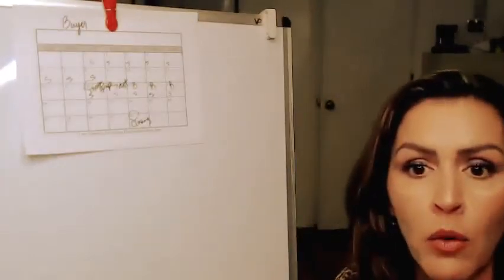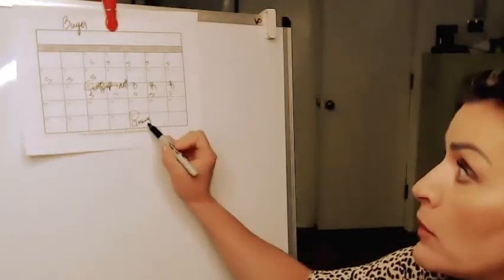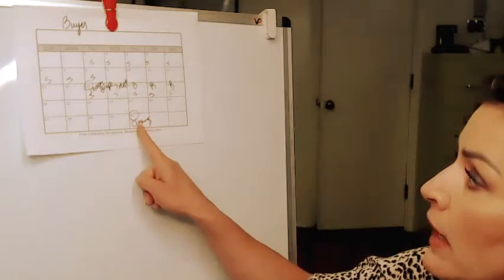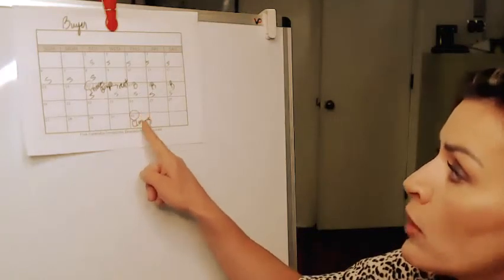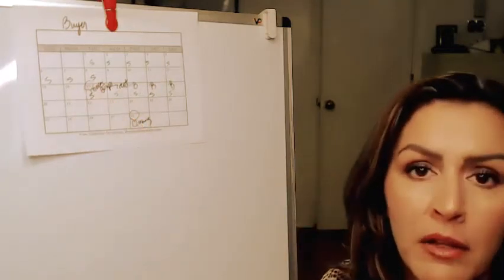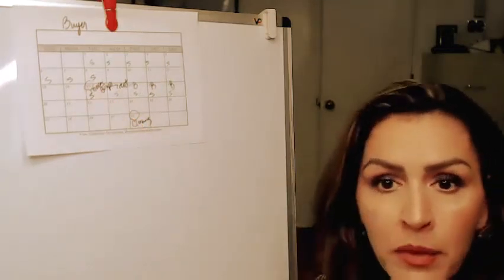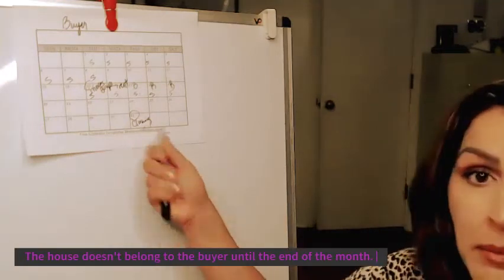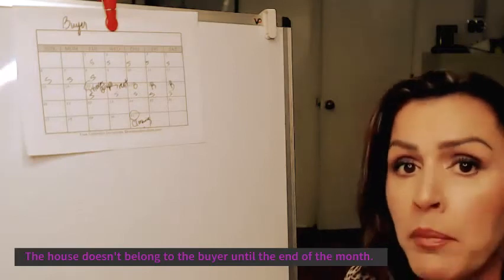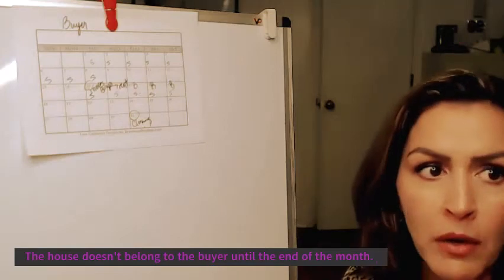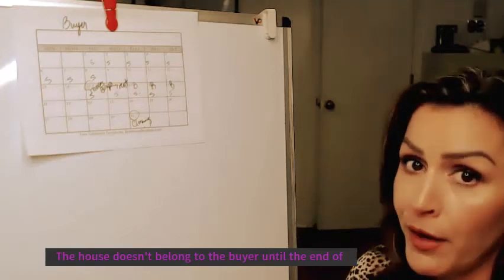So whether the buyer waits until closing or the seller does, somebody's got to pay for the time that they're in the property. If they don't close until the very end of the month, but the buyer's living there, then the buyer would pay the seller prorated rent. And I've had instances where the buyer says, I'm not going to pay rent on my own house. Well, technically, the house doesn't belong to you until the very end of the month. But again, this is a different alternative. We switch the situation around and it resolves an issue for all parties. So I hope that helps.